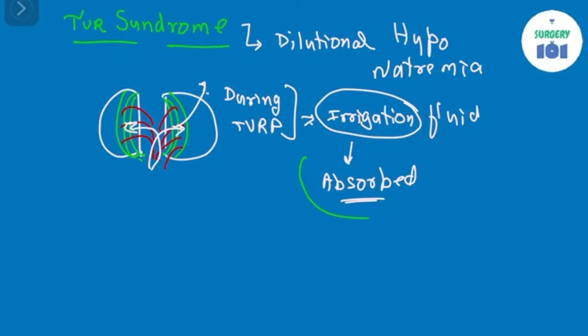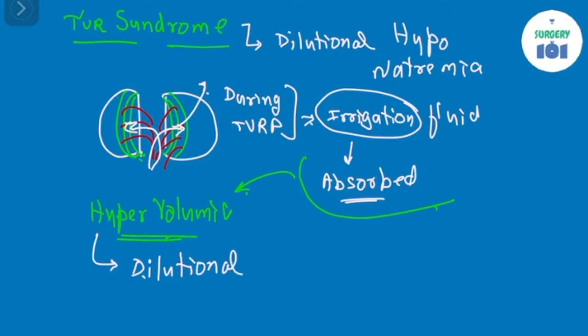And because of this, what is happening? Because of this, the patient might land up into hypervolemia. And because of this, the patient will develop something which is called a dilutional hyponatremia. So what do you understand by dilutional hyponatremia? Dilutional hyponatremia. This basically means that the sodium, if at all you talk about the absolute level of the sodium, that